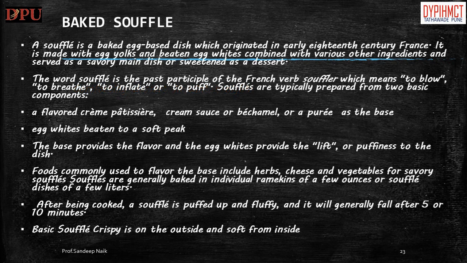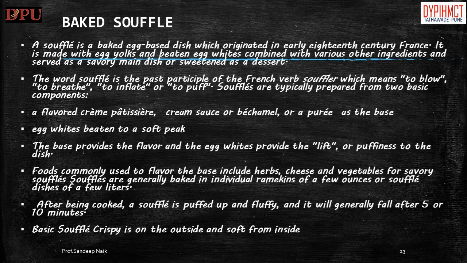Baked souffle. A souffle is a baked egg-based dish which originated in the early 18th century in France. It is made with egg yolks and beaten egg whites combined with various other ingredients and served as a savory main dish or sweetened as a dessert. The word souffle is the past participle of the French verb souffler, which means to blow, to breathe, to inflate or to puff. Souffles are typically prepared from two basic components: